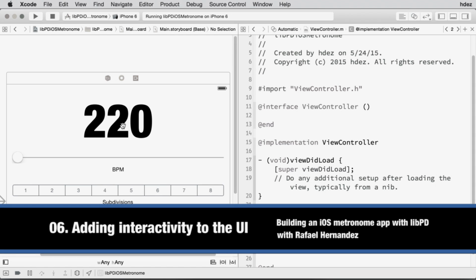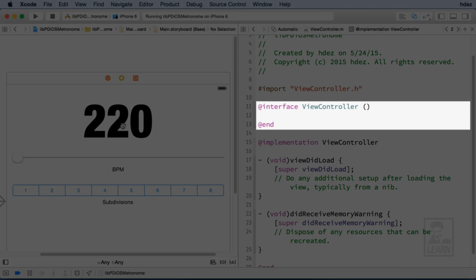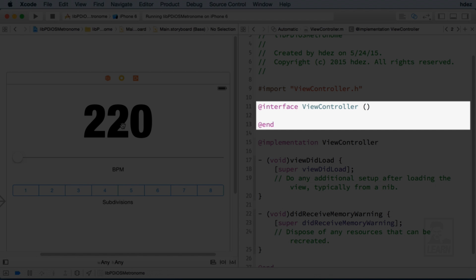With our user interface complete, it's now time to create outlets and actions for each of the user interface elements that the user will interact with. Let's first create the outlets. We'll create the outlets in the class extension portion of the viewcontroller.m file, which is here at the right of